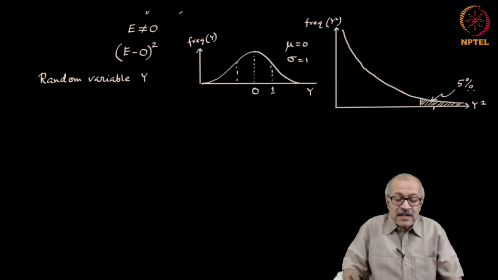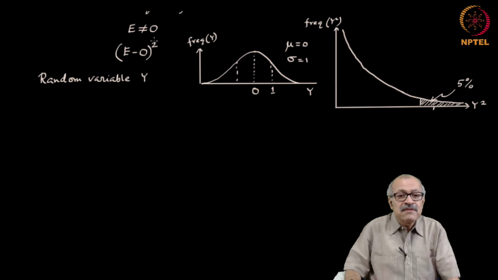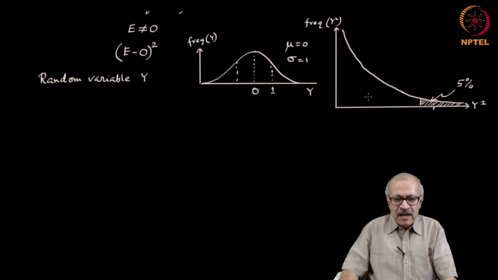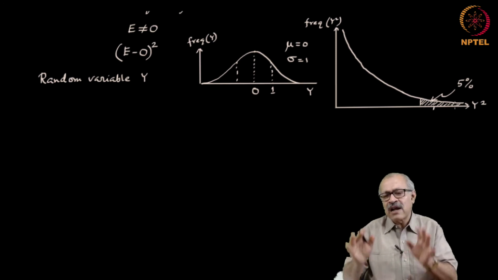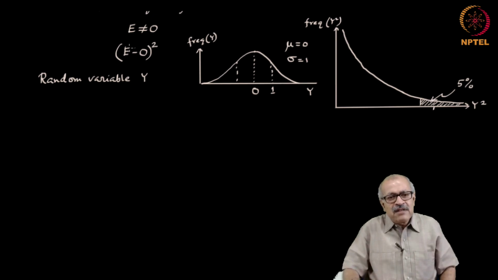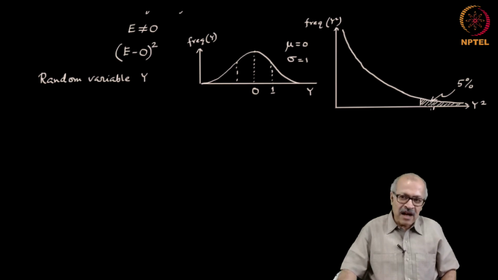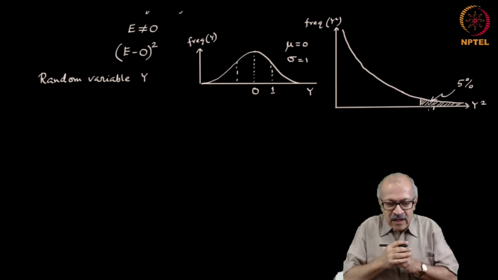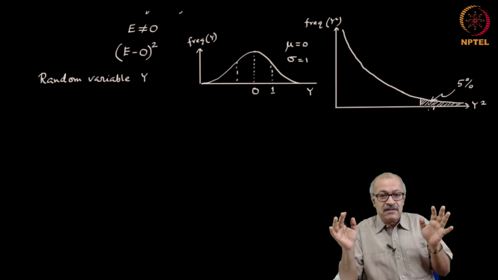So, we were testing whether this behaves as a random variable or not. We will check the behavior of this against the behavior of a random variable, and if this falls somewhere here beyond the 5% range, then we would say that it is very unlikely that this difference has been caused by a random variable. Why is it unlikely? Because the probability of such a value occurring is less than 5%. So, we say it is unlikely. That is the essential idea of the test.